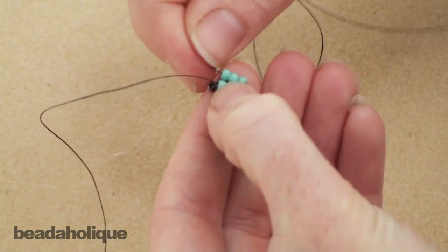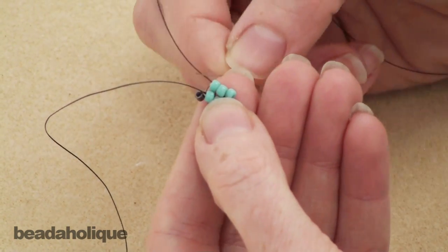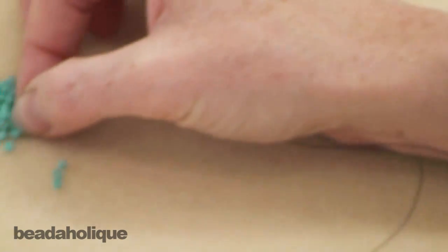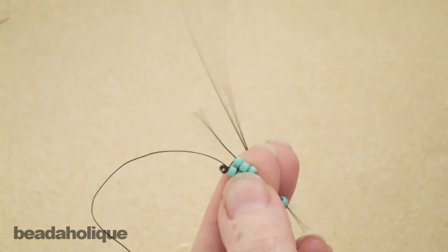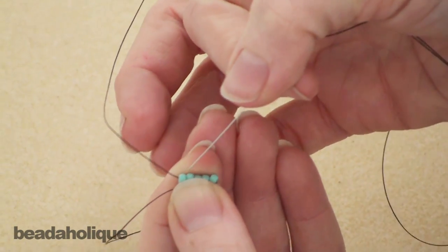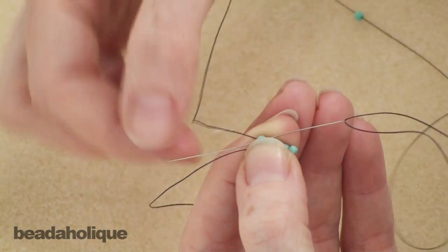So now I want to go ahead and add a couple more columns. What you're going to need to determine now is how many more you want to add, because you add enough beads for all of the increase at once on this next row. So let's say you want to do 2. You're going to add the 2 beads for the next 2 columns, and then you're going to add a 3rd bead, which is going to be the bead on the next row. So you're going to pull these down, and then separate out that 3rd one because you only wanted to add 2. And now you're going to go back down through what would be the end column,